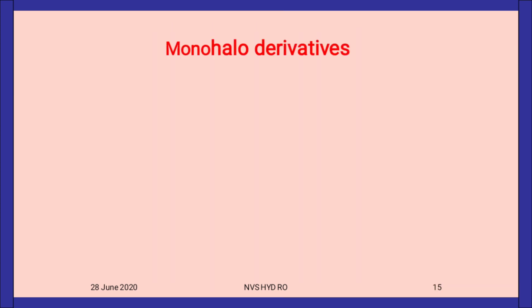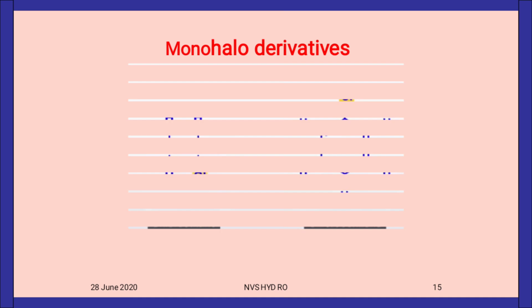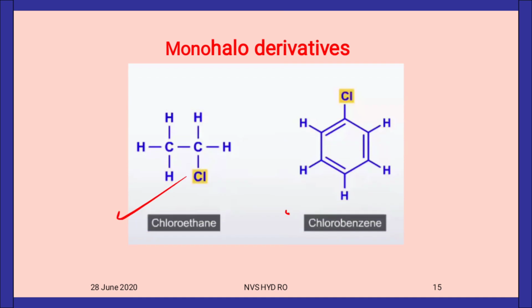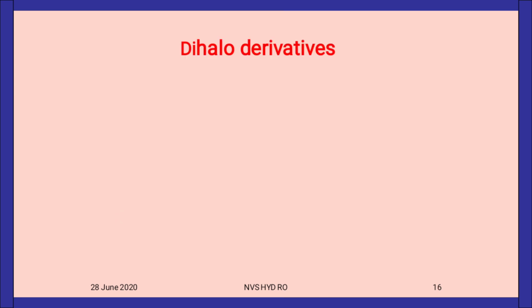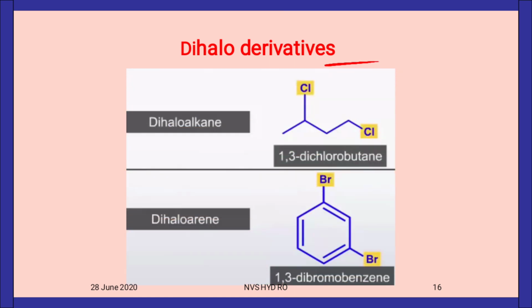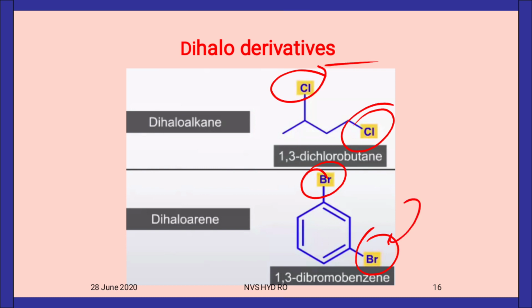Now let's move further. Now monohalo derivatives. Can you see this? One single hydrogen is being replaced by a single chlorine, hence this is your monohalo derivative. Next would be the dihalo derivative. See its example. Two chlorines have come in the place of, or substituted, the hydrogen, hence this would be your di. Here chlorine, see its name, 1,3